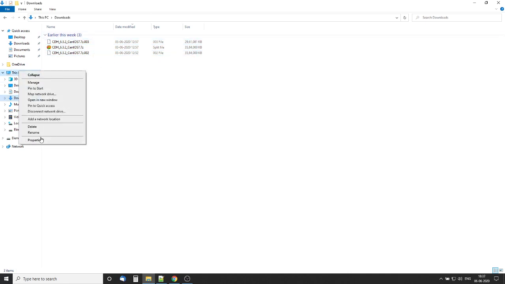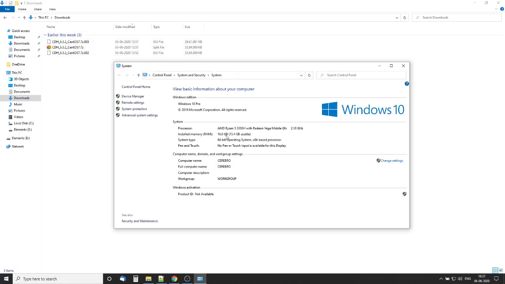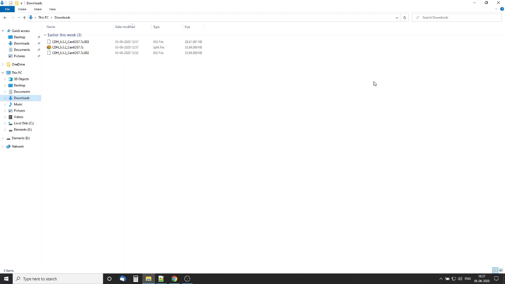This machine is right now running a configuration of around 16 GB RAM with an AMD Ryzen 5 3550H, which gives me around 4 cores and 8 threads. So this VM will run on at least 10 to 12 GB. So please ensure that your environment is calibrated accordingly.